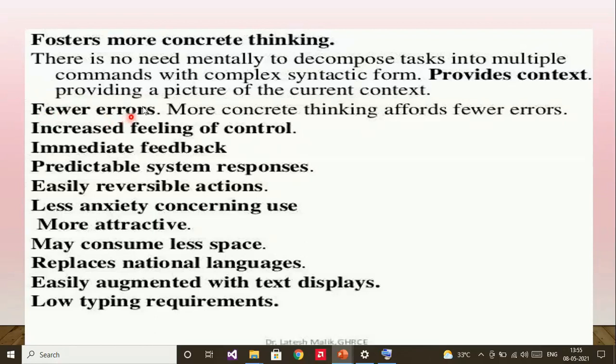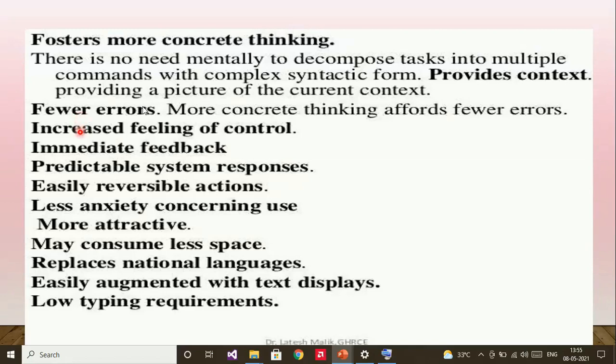More concrete thinking affords fewer errors. That means every task whatever you perform on the graphical systems is reversible. Reversibility of actions reduces the error rates. So you can do undo operations. Due to this, error messages are less frequent on the graphical systems.